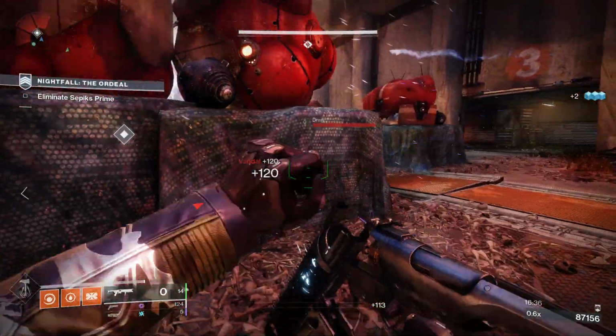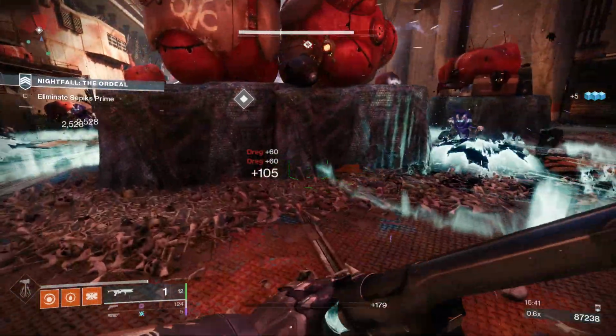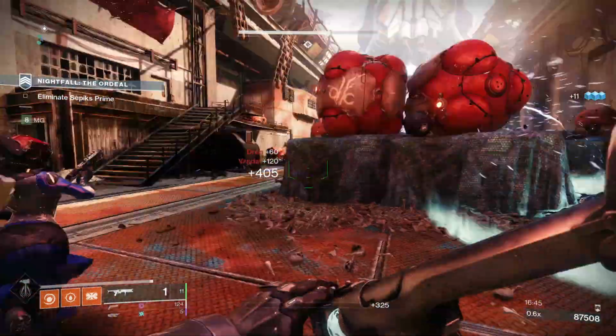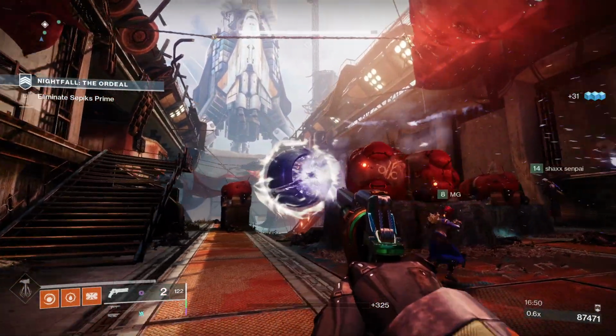For me, I found Witherhoard to be the most effective given the damage over time, and it's still simply one of the best weapons in the game, so if you have it in your vault, then I'd recommend using it for this quest. For the second part of the quest, there is the complete matches step, and the fastest way